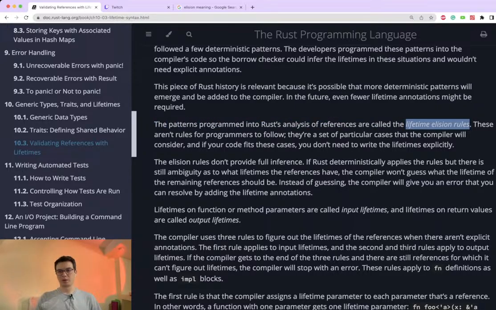Okay, lifetime elision rules. Those aren't rules for programmers to follow. They are a set of particular cases that the compiler will consider, and if your code fits those cases, you don't need to write the lifetimes explicitly. The elision rules don't provide full inference. If Rust deterministically applies the rules but there is still ambiguity as to what lifetimes the references have,